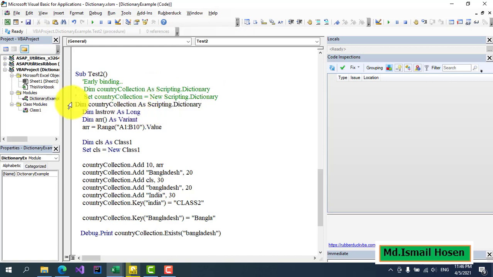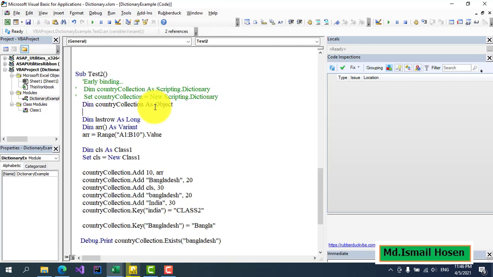The variable declaration will be dim dictionary country collection as Object instead of Scripting.Dictionary, and then the set method will be CreateObject, and that is Scripting.Dictionary. So just copy this, paste this. Okay, now if I run this,